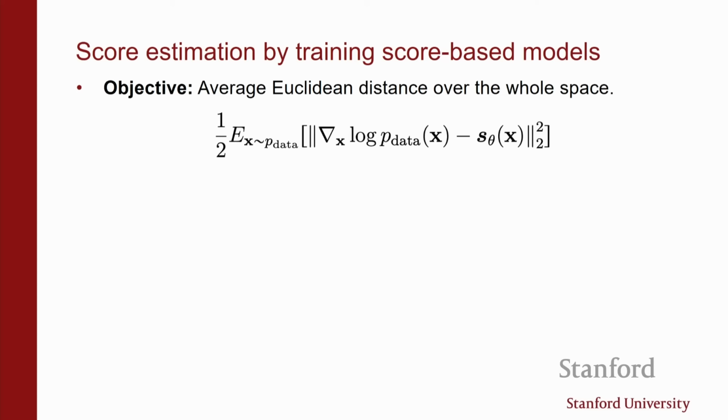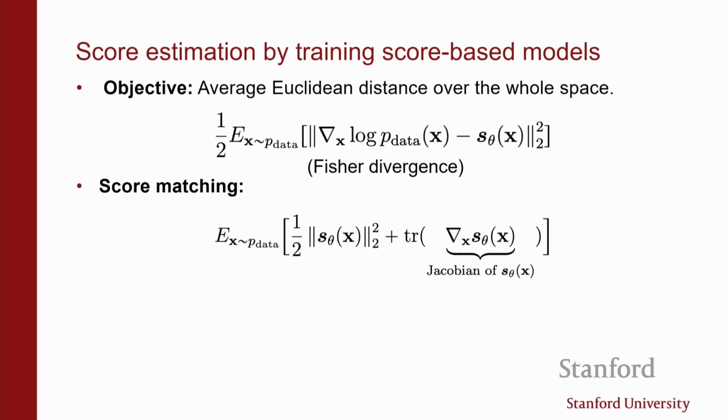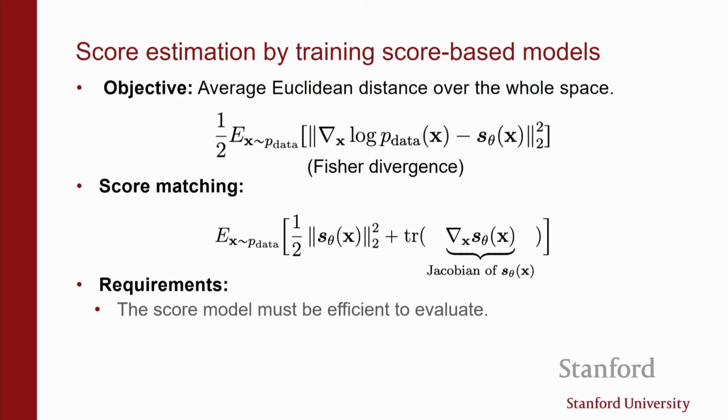So if you can get this quantity to 0 as a function of theta, then you know that the vector fields match, and you have a perfect model. And so trying to minimize this as a function of theta is a reasonable learning objective. And we know that even though it looks like something that you cannot possibly optimize because it depends on this unknown quantity here, recall we only have access to samples, we can do integration by parts and you can rewrite it in terms of an objective that only depends on your model. And it still involves an expectation with respect to the data, but you can approximate that using a sample average.